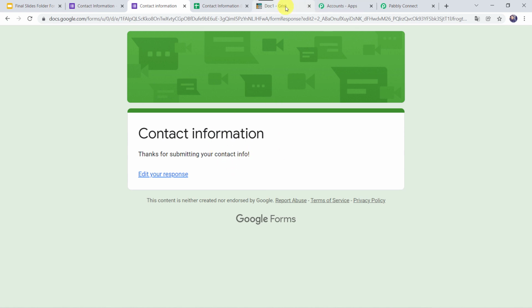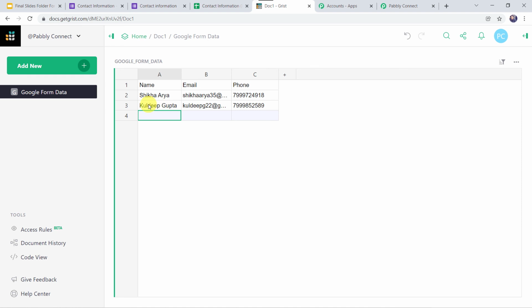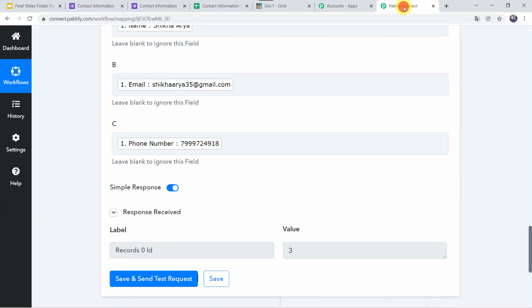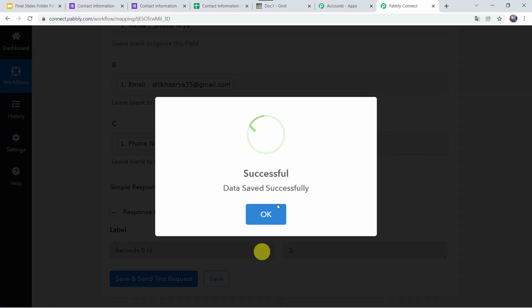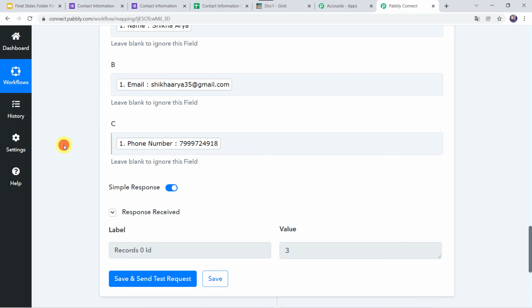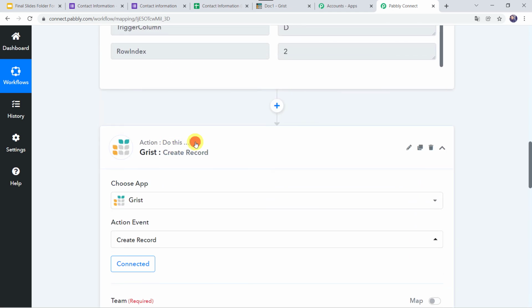Now let us check the Grist account. And here we can see that the name, email address and phone number is automatically captured over here. Okay, so in this way we can see that our integration is perfectly working fine. So let's move back to Pabbly Connect and let us save this workflow first. Data saved successfully. Okay, now I'll just minimize all these windows and let us see in a nutshell whatever we